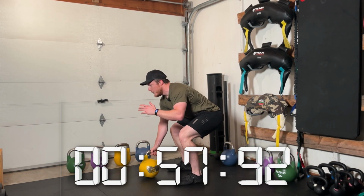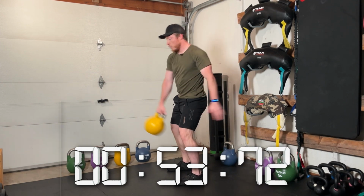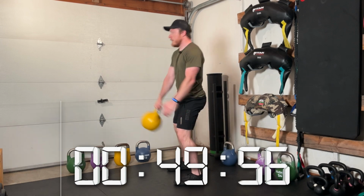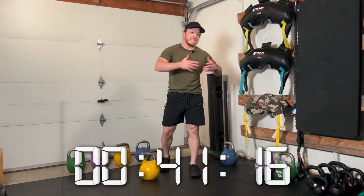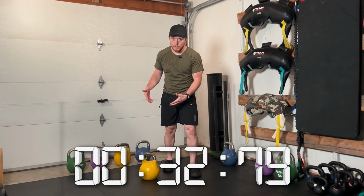Nice flat back. We have our hike, our extend, and notice how my thumb comes up with each and every rep for that hand switch. Thumb up, thumb up, thumb up. We will do this for 20 seconds consecutively. We will get a 10-second break and we're going to perform 8 rounds of that. It's going to get spicy for the last little finisher, but once you are through this last little Tabata piece,